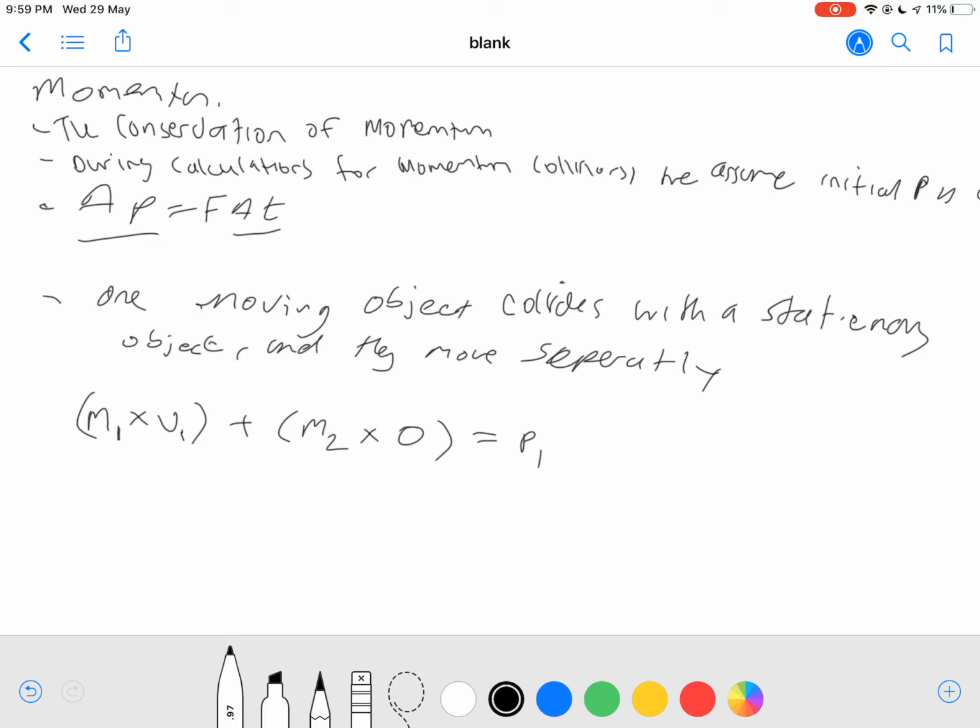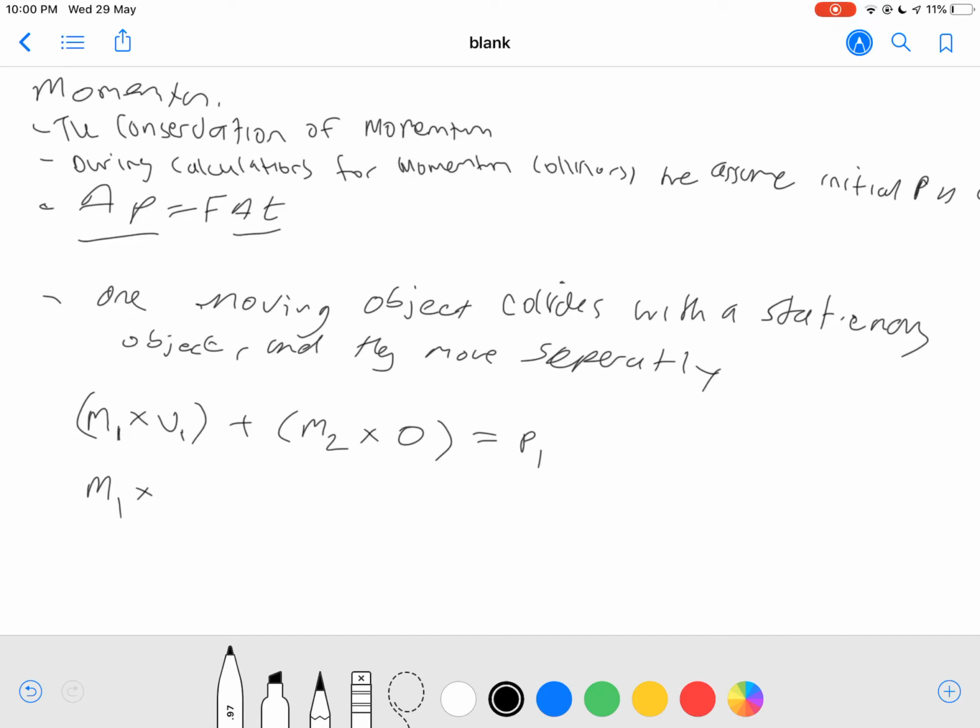So they're going to tell you, for example, that after the collision one object is moving at a new speed, and they're going to ask you to find the other object's speed. Basically, we can say it's going to be the momentum of the first object, the mass of the first object